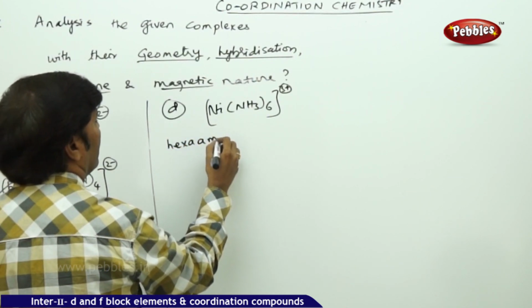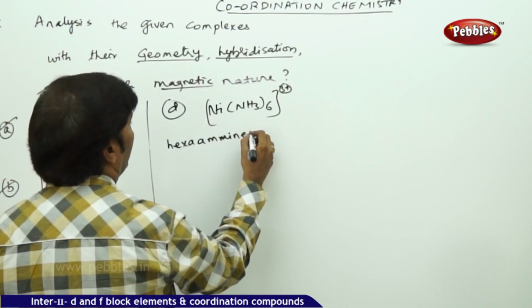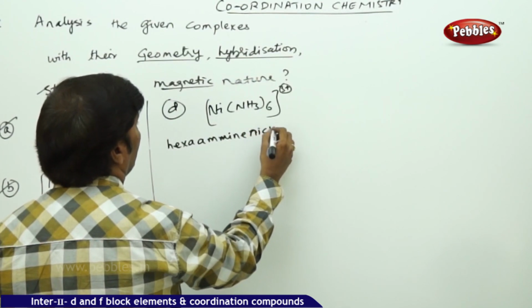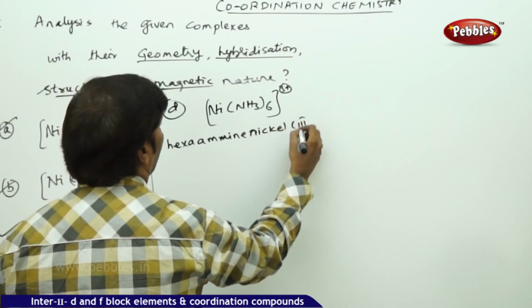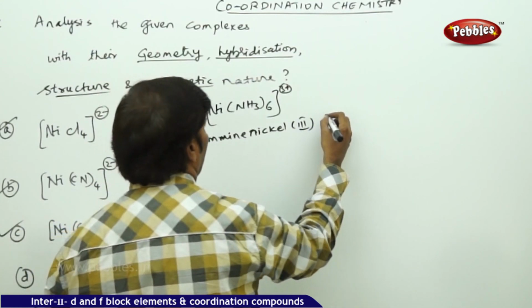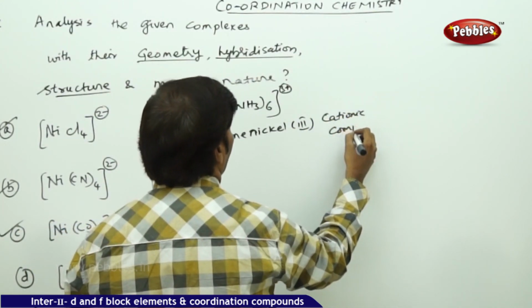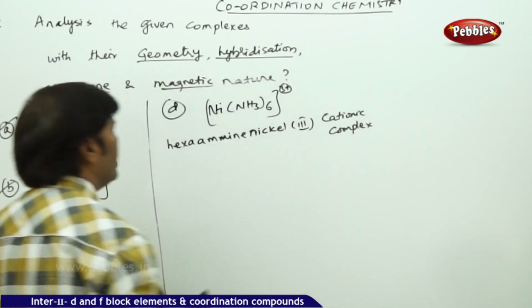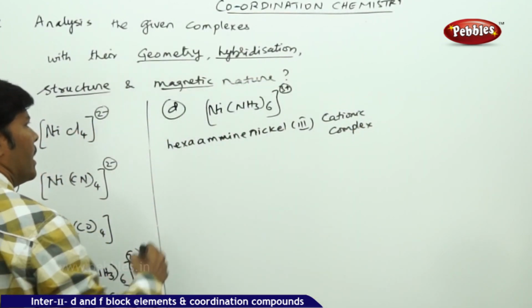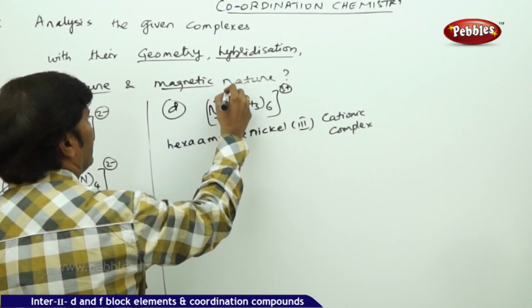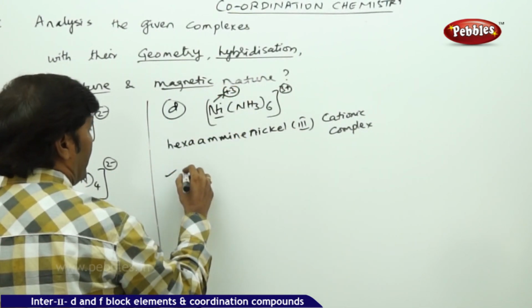hexaamminenickel(III) complex, nickel 3 cationic complex, I can say. So what we are noticing here is, first of all let us make an analysis. Here the nickel oxidation number is +3. Here NH3